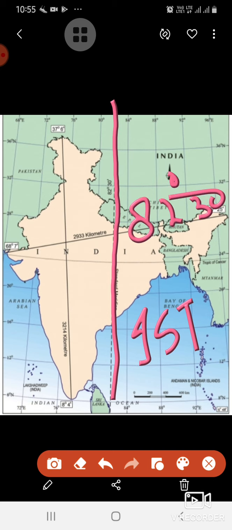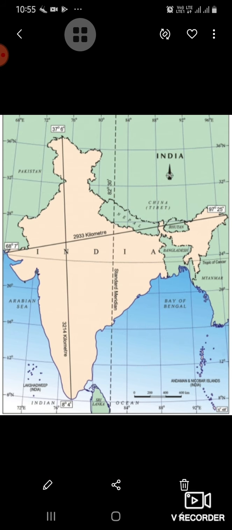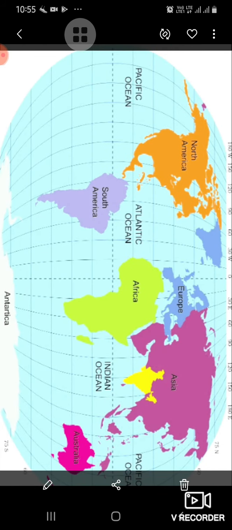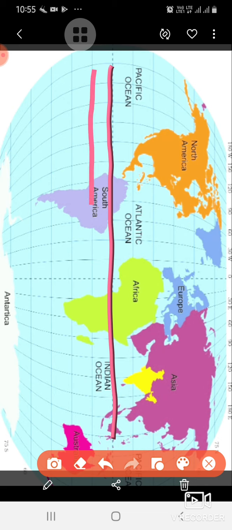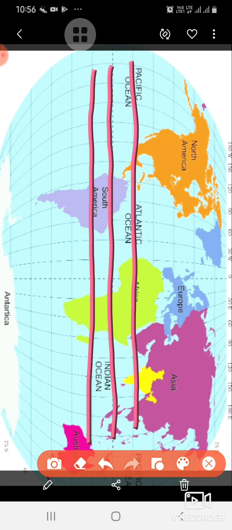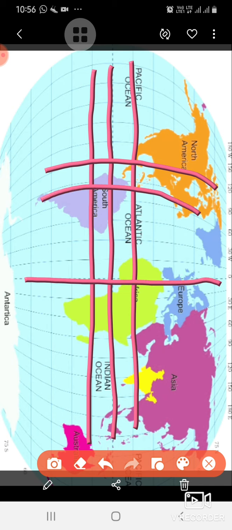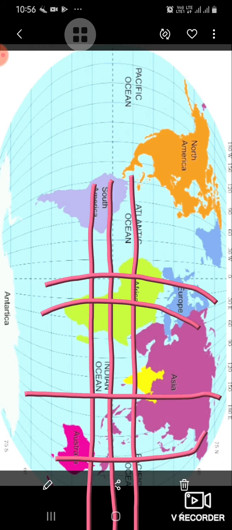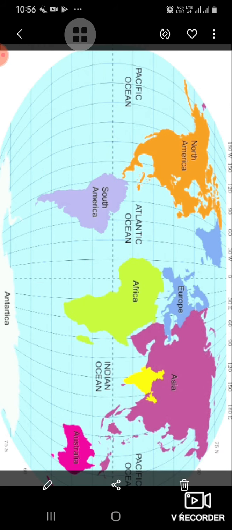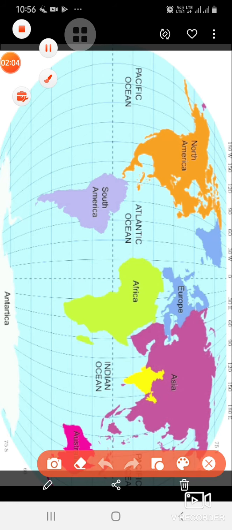That's it. Now you just see the world map again. Now here let us talk about the latitude and longitudinal lines. You all know that the lines which are horizontal, जो लेटी हुई लाइनें होती हैं उसे latitudes कहते हैं, and the lines which are vertical, that means which are top to down, are longitude. Okay, now let us just discuss how we measure the time.